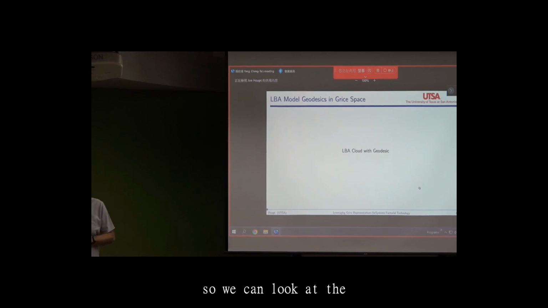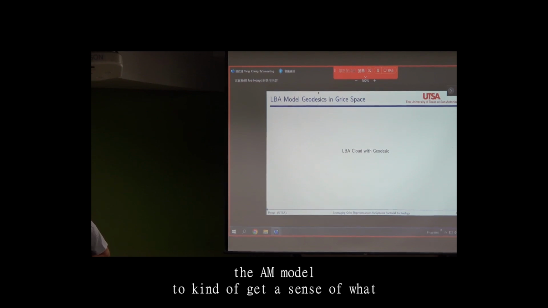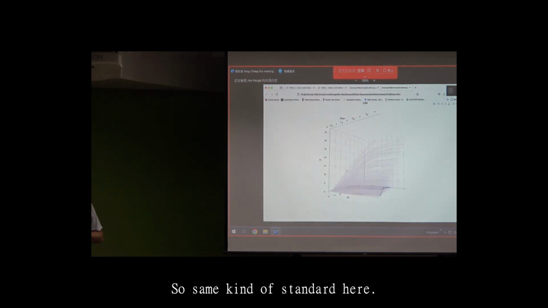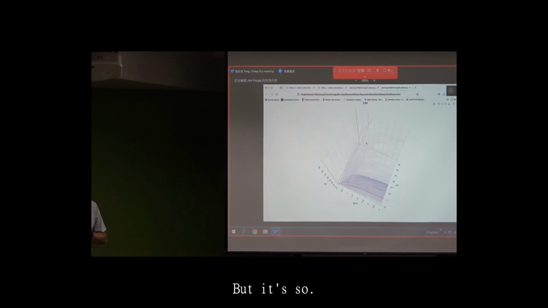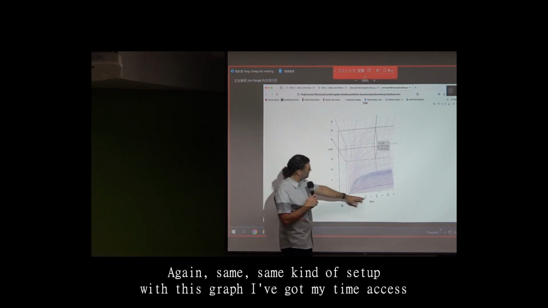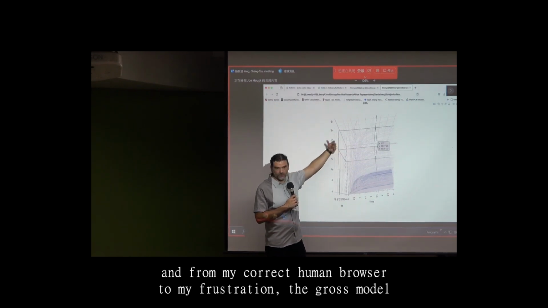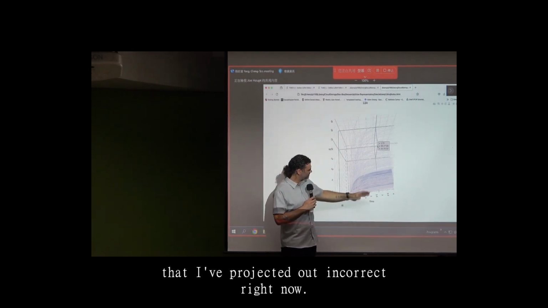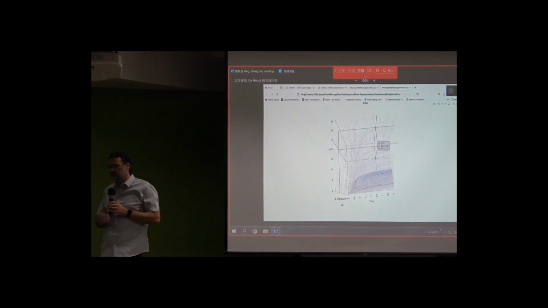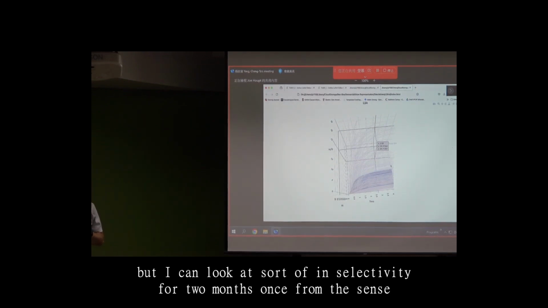So we can look at that in terms of the LBA model to get a sense of what that looks like when we interpret response times in terms of the LBA space. Same kind of figure here, same kind of setup with this graph. I've got my time axis, I've got my correct cumulative hazards and my correct racer in the Grice model, and then I've projected out the incorrect racer. So there's the cloud of all possible LBA spaces, but I can look at parametric selective influence in this sense,